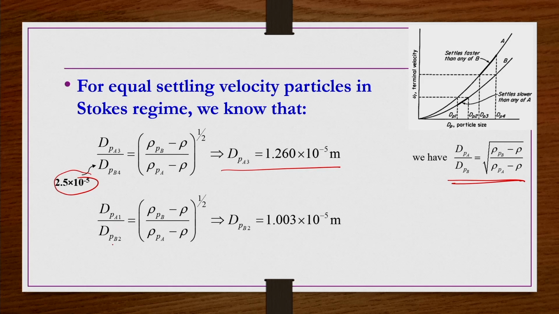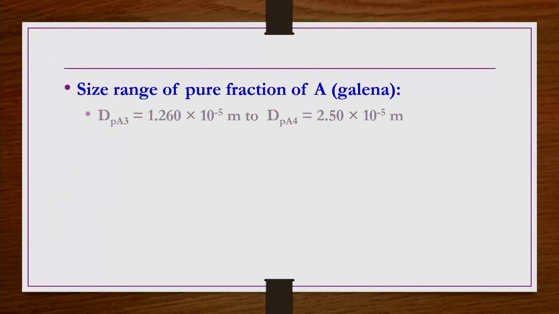Similarly, dPa1 by dPb2 is equal to the square root of (rho_B minus rho) by (rho_A minus rho). Here again dP1 is known, this is 5.21 into 10 power minus 6. So dPb2 you can find out. So now what we have, pure fractions of A: dPa3, that is 1.26 into 10 power minus 5 meters, to dPa4, that is 2.5 into 10 power minus